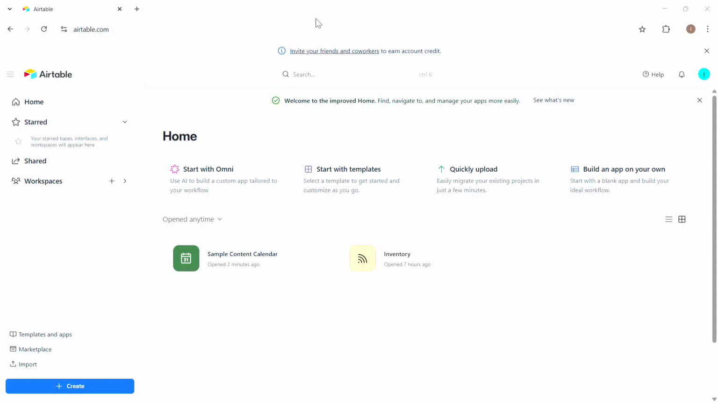How to export Airtable base. In this video, I'll show you how to export Airtable base. So before we get started, take note that Airtable doesn't allow full base export in one go, but you can